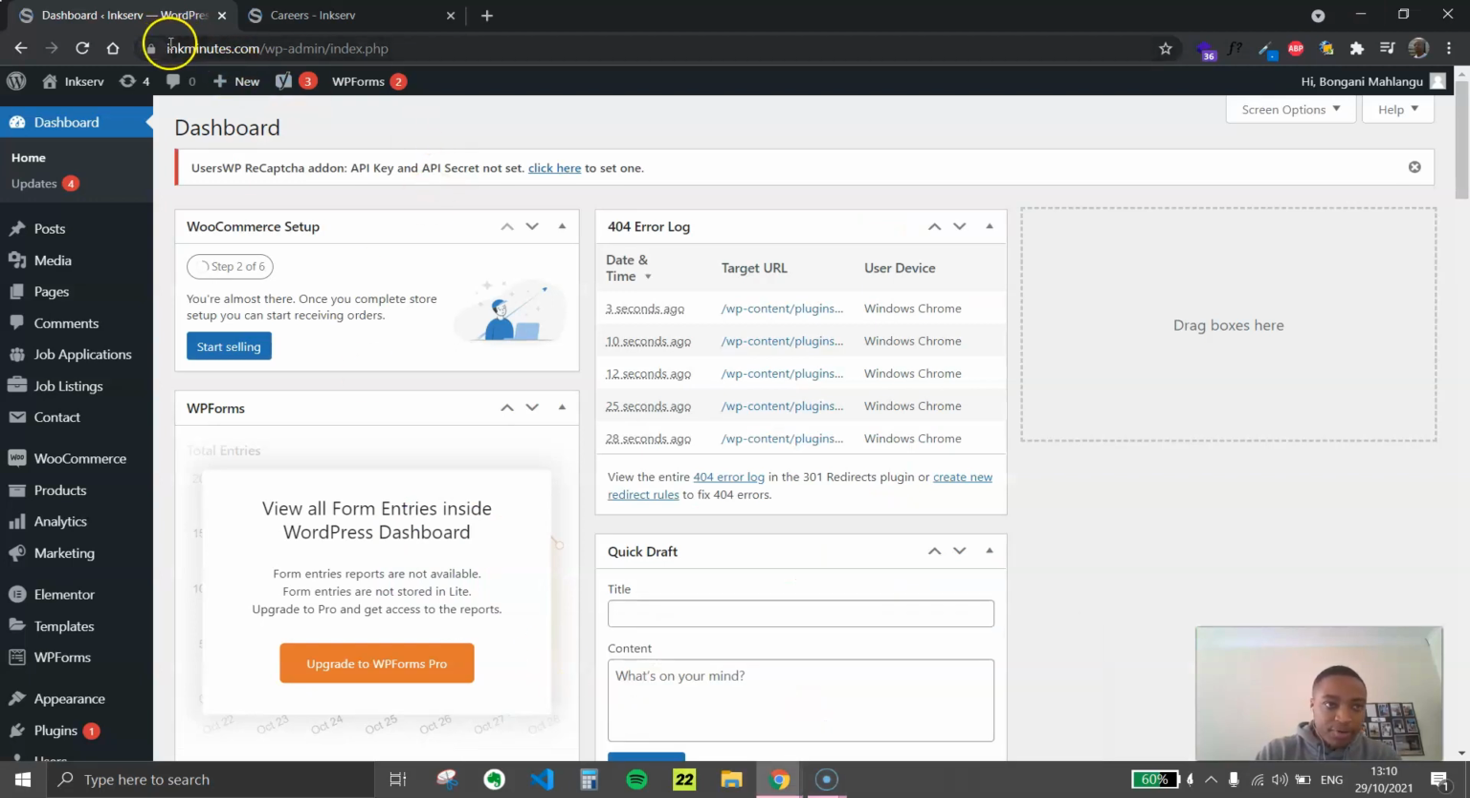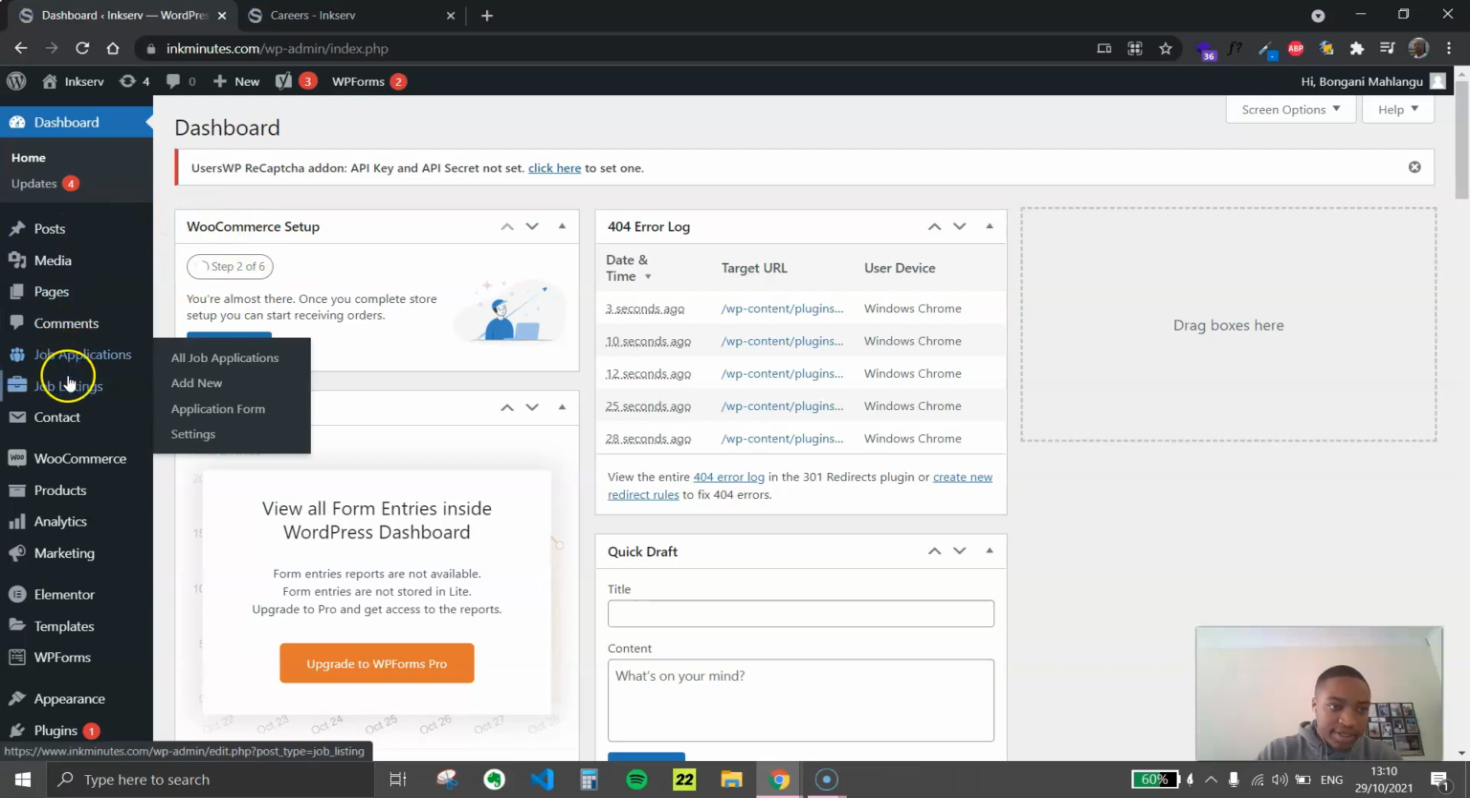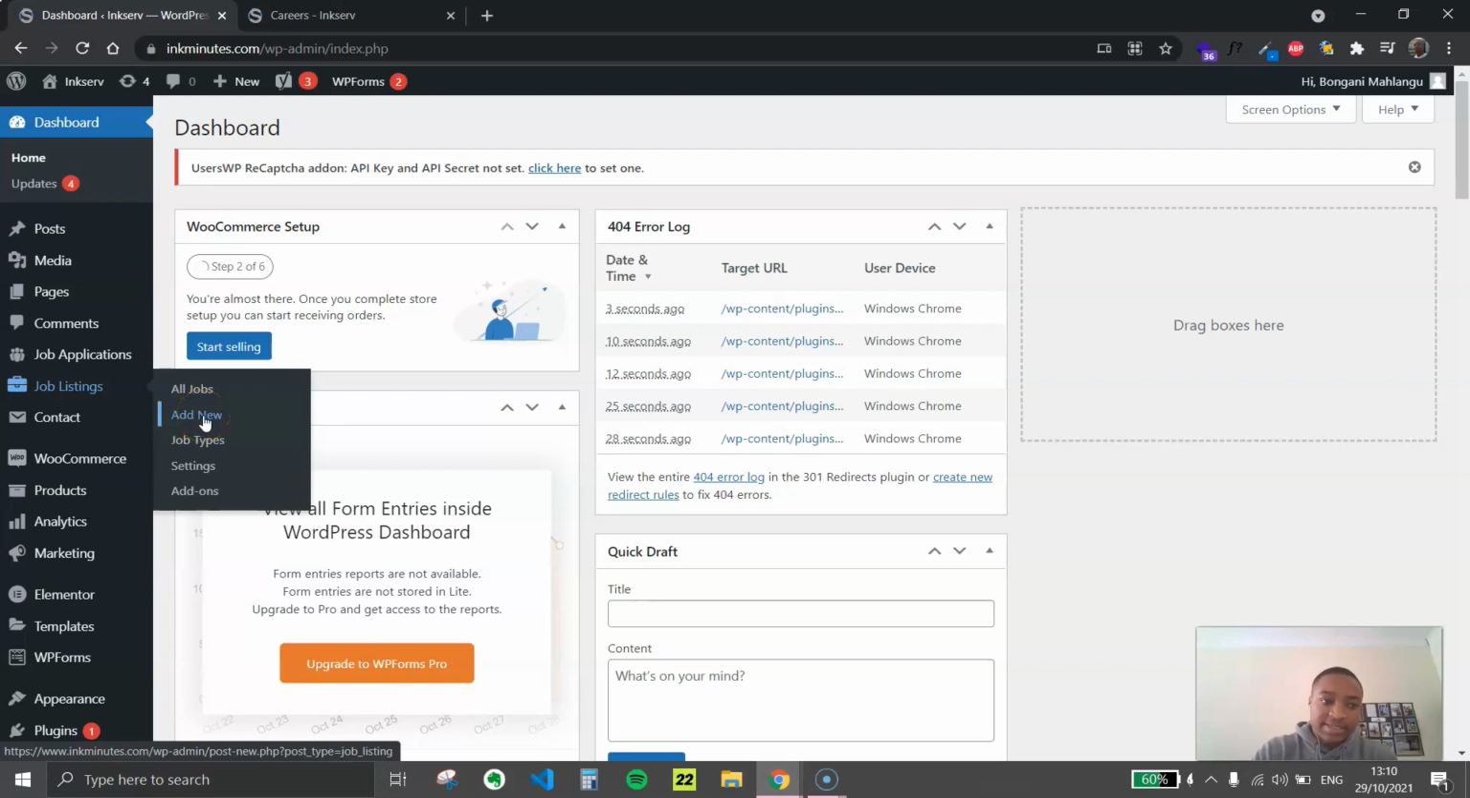As you can see, I'm already logged in, incminutes.com/WP admin. And to add a new job, you come here to the left hand side of the menu where it says job listings, and then where it says all jobs, you go where it says add new. Here, this is how you add a new job, by going to where it says add new. So click here where it says add new,